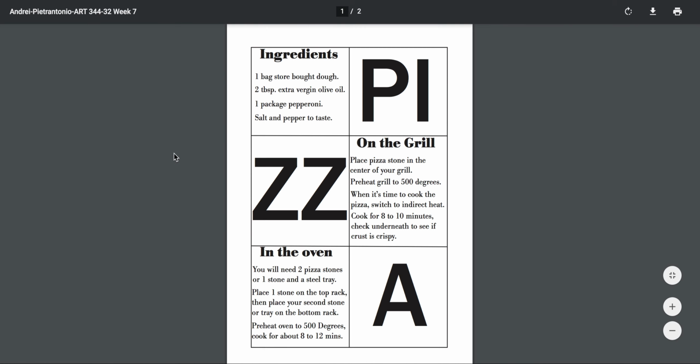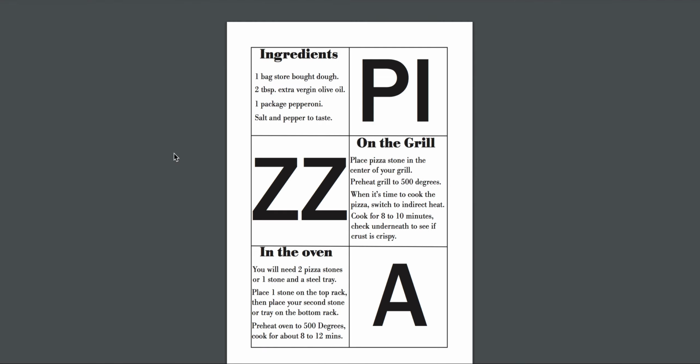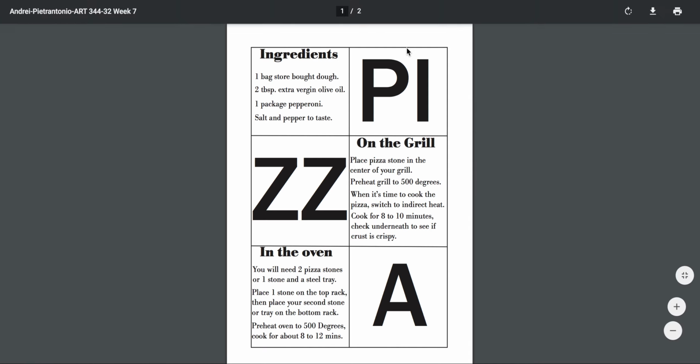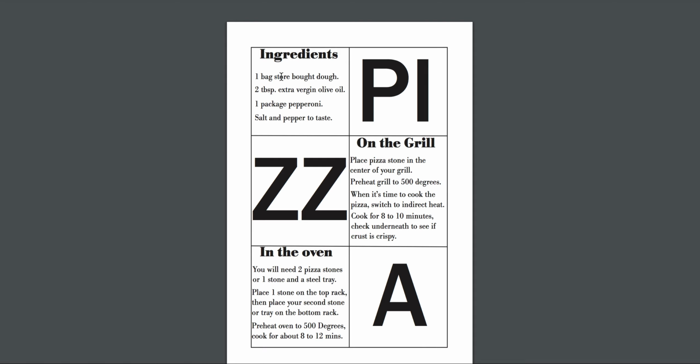Let's move on to Andrei's work. Andrei's work, very good in terms of the first try. You definitely had a good round with how you use the type, especially with scale. Now, one thing we want to take a look at is how much space you're looking at in between areas like this. You also want to take a look at whether or not we even need those rules